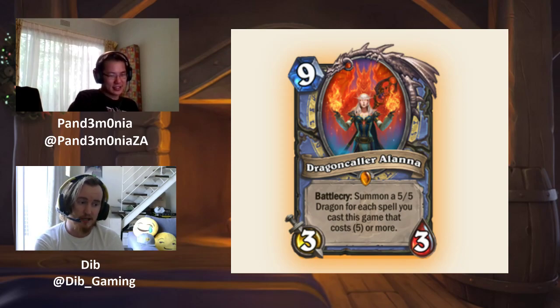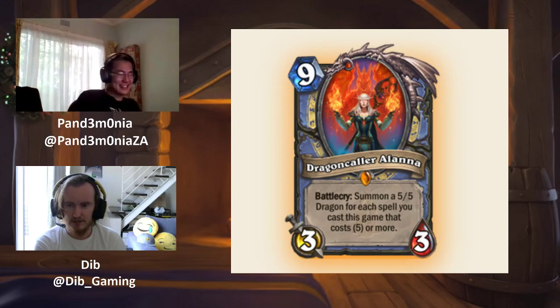It also makes devolve a bit stronger, because if you're devolving big Priest 10 drops, you can devolve them into this. And you feel pretty good. But there's also a lot of good 9 drops. So I mean, it definitely makes the pool more complicated and gives more high and low rolls to evolve and devolve effects. But overall, I think this card would require a really slow meta for Dragoncaller Alana to be really